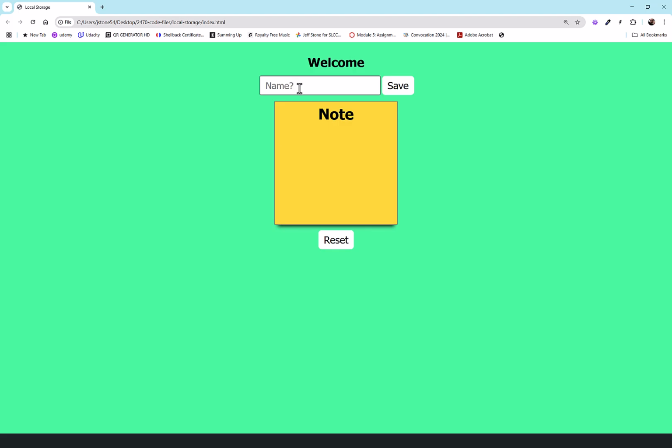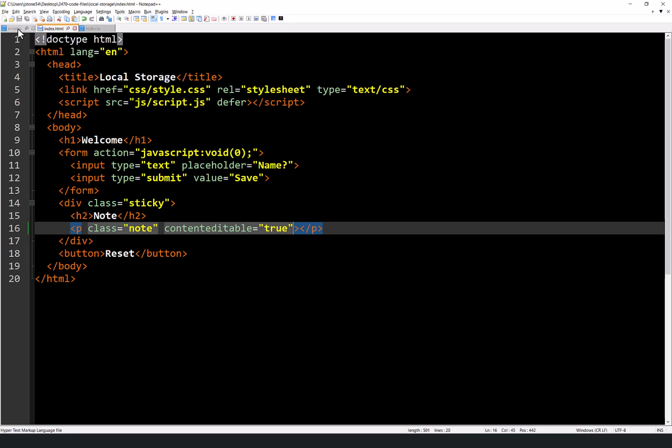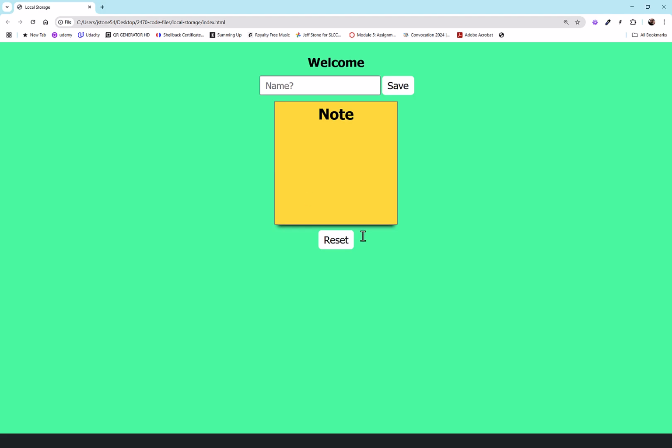So once they enter their name, we're going to store their name in local storage, and we're going to show them the note and the reset button. Okay, but let's baby step our way through it. Let's start off in our JavaScript here, and we're going to want to get a hold of the value that's here. We're going to want to have an event handler for that. We're going to want to get a hold of the value that's inside of here in this paragraph, and we're going to want an event handler for that. I think that makes some sense.